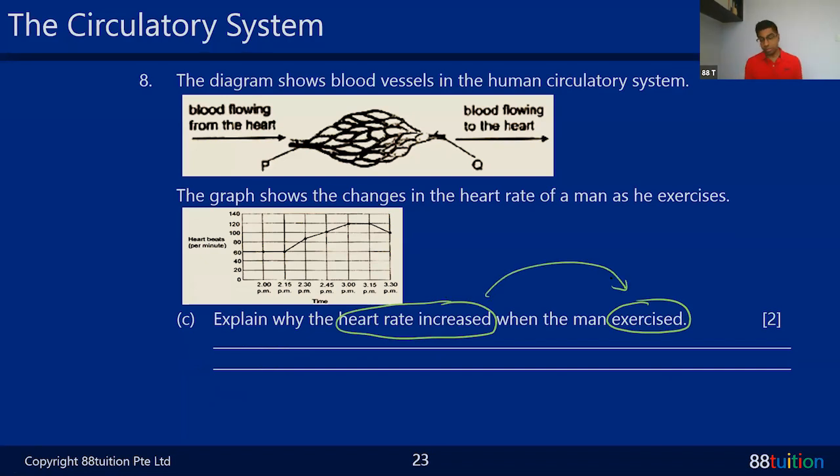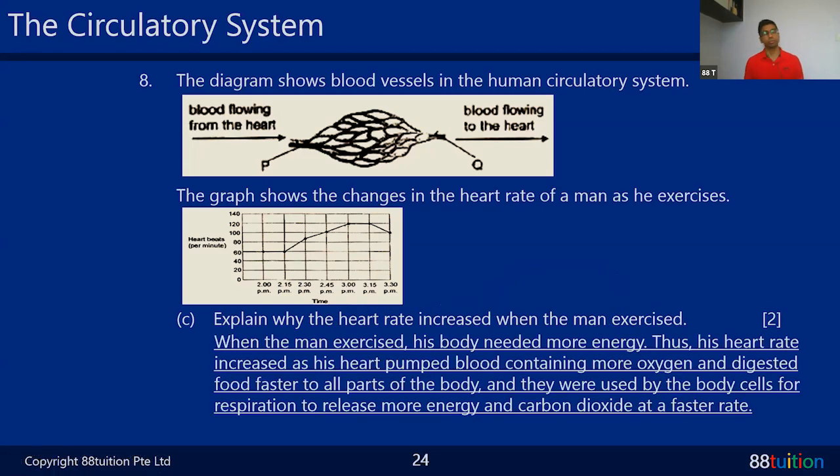Why does the heart rate increase? Because you need more energy, so your heart will pump faster. It will take in more oxygen and give out more carbon dioxide. So to do this fast, your heart will have to pump faster and faster. So that's why the heart rate increases. So just write the same thing again. When the man exercised,